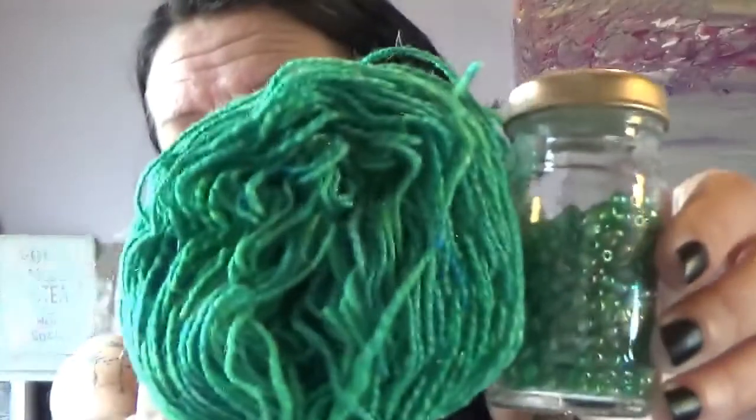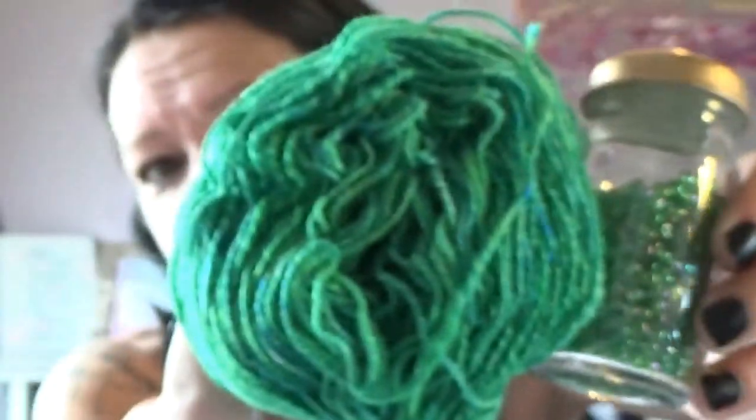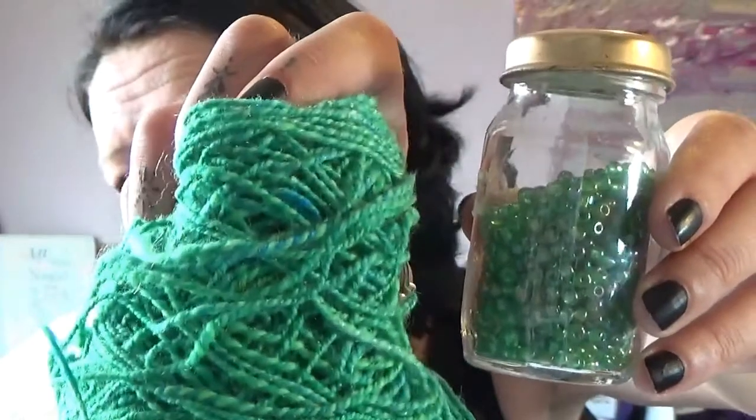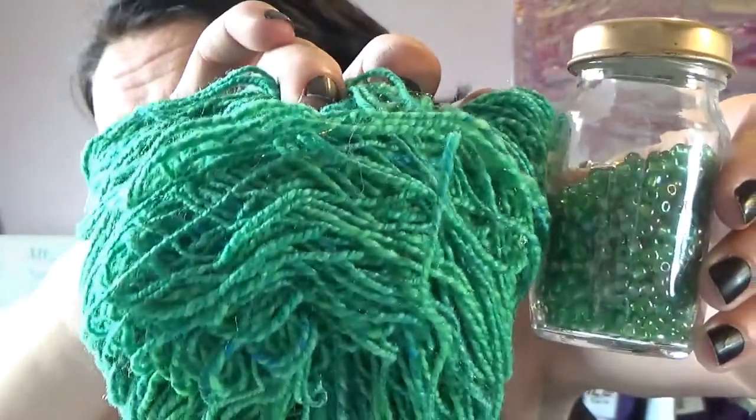It's heavy fingering weight yarn. It might work for a DK pattern, don't know. I know that the pattern called for a fingering weight yarn and it knit up fine. So if you've got any ideas as to what to use this beautiful algae yarn for, let me know. Because I really want to use all my handspun that I've got,